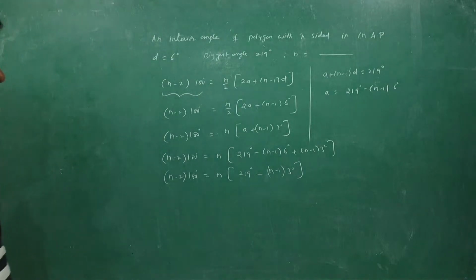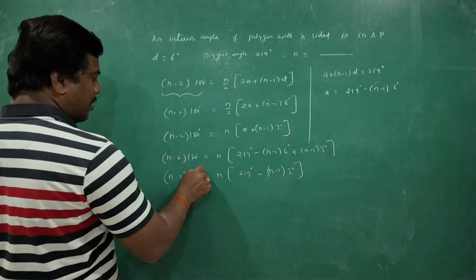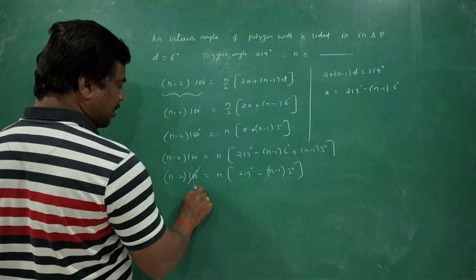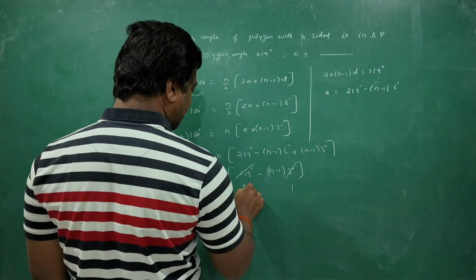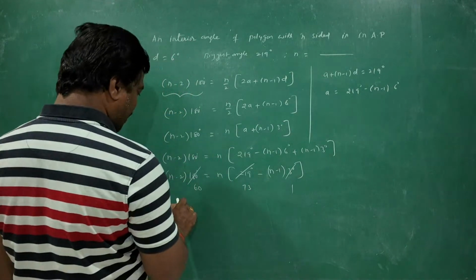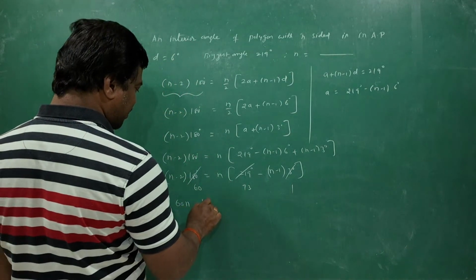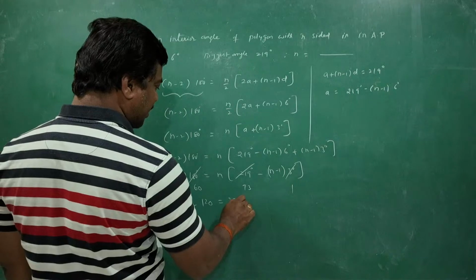Next, dividing by 3 degrees on both sides, it is 60, next it is 73. So 60n minus 120 equals 73n